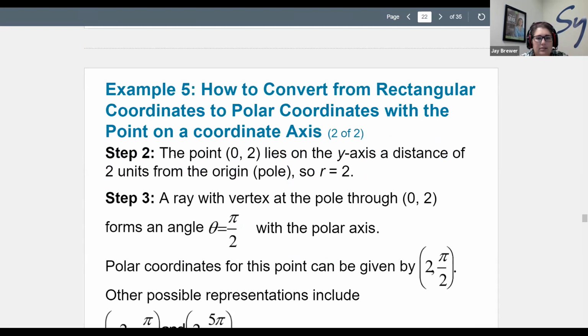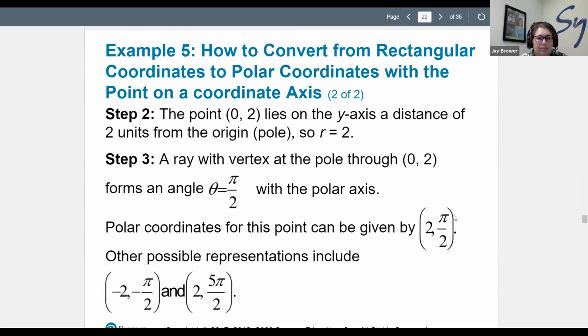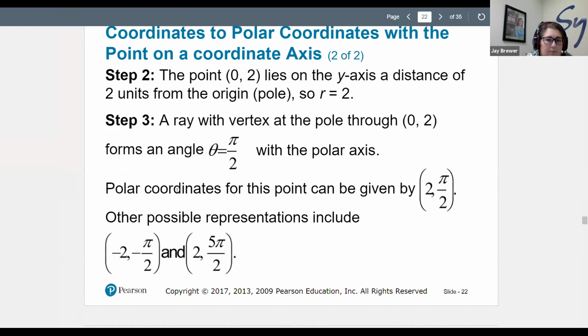So the point 0, 2 lies on the y-axis, a distance of 2 units from the origin or the pole, so then r has to be 2. A ray with the vertex at the pole through 0, 2 forms an angle of theta equals pi over 2 with the polar axis. So the polar coordinates for this point can be given by 2 comma pi over 2,